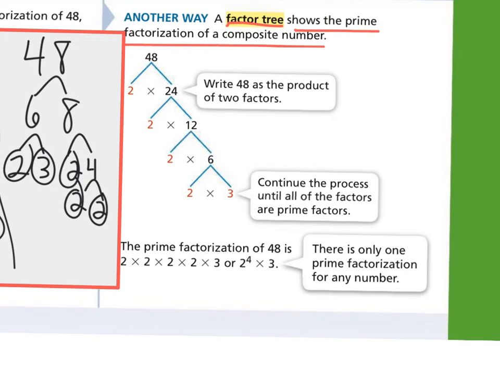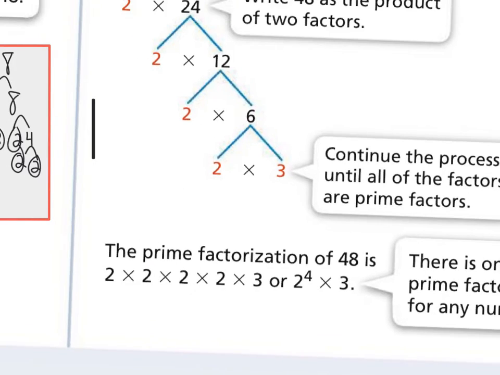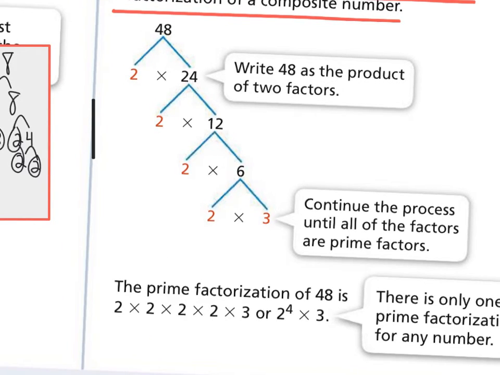When it asks for the prime factorization, what we're doing is taking all the prime factors. And what I like to do is circle these. The book's got them in red, but we're just using pencil, so circling them would be a good idea. We're going to say those are all being multiplied together. If we multiplied all those together, that would give us 48. Now, rather than writing this all out, 2 times 2 times 2 times 2 times 3,